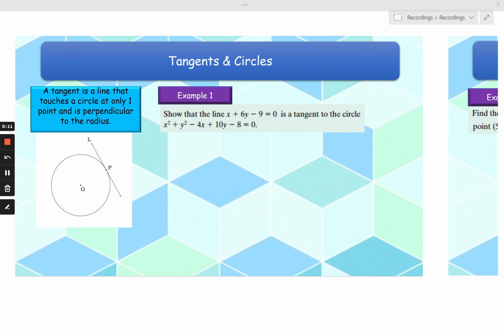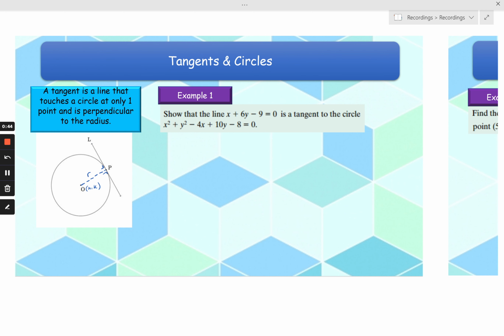A tangent is a fancy word for a line that touches a circle at one point only and is perpendicular to a radius, which means our general diagram that shows a tangent is here, where we have the centre of the circle HK. We have a point P where it touches the line of the tangent, and we know it's perpendicular, so it's 90 degrees to the length of the radius. Okay, now this is a property we need to remember about tangents